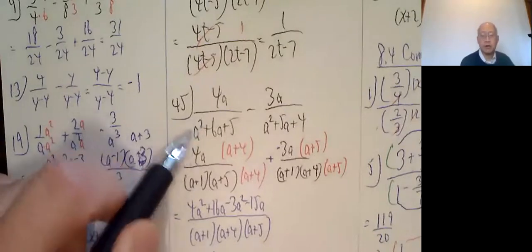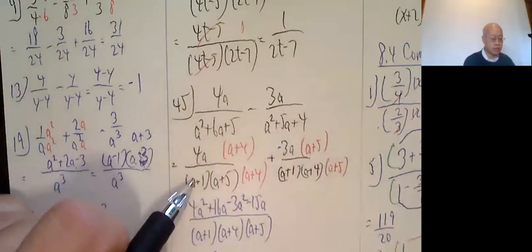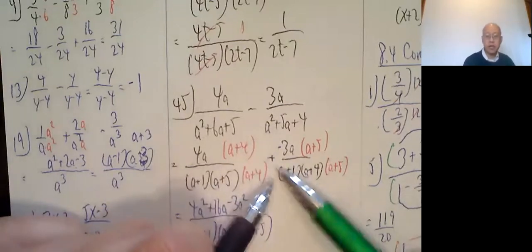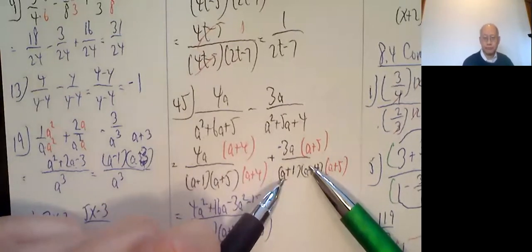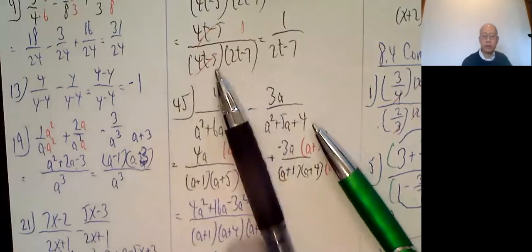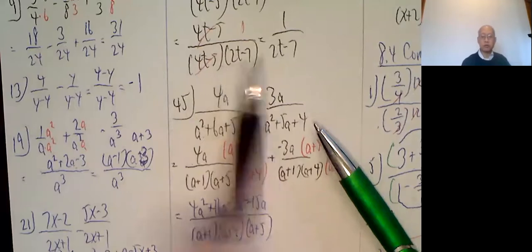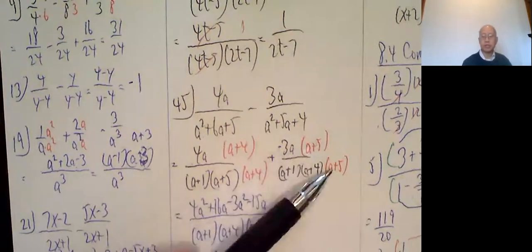Okay, this one's a little harder, factor, factor. So this is a plus 1, a plus 5. This one is a plus 1, a plus 4. All right, we need a common denominator. Temporarily ignore the red. Okay, so what's a good common denominator? They both already have a plus 1 in the denominator. One side has a plus 5 and the other has a plus 4. So this side needs the a plus 4s. This side needs a plus